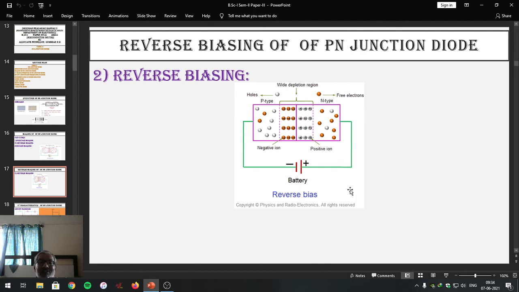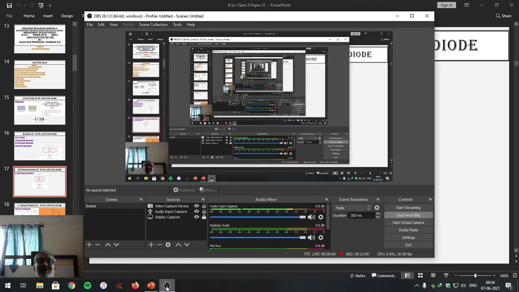Student friends, this is what you have to remember about the biasing of p-n junction diode, where we have studied that simply the structure of p-n junction diode doesn't allow current to flow through it. That's why we have to bias the p-n junction diode, means we have to connect the battery externally to make it conducting either in reverse biasing or in forward biasing. We came to know that in forward biasing it conducts the current, but in reverse biasing ideally it doesn't conduct the current. So that's what we can call the biasing of p-n junction diode.